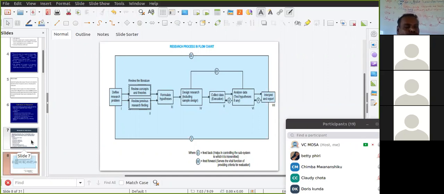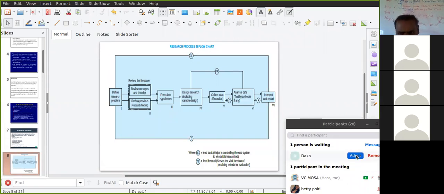That's what you are going to do through review of literature. Review of literature is about reviewing the existing studies done by others in relation to your topic, in relation to your research problem. So it is a review of existing concepts and theories, then a review of previous research findings. You are going to do it in two different aspects. If you are doing applied research, you are reviewing the concepts and theories which are already there, and also the previous studies which are directly close to your research problem.